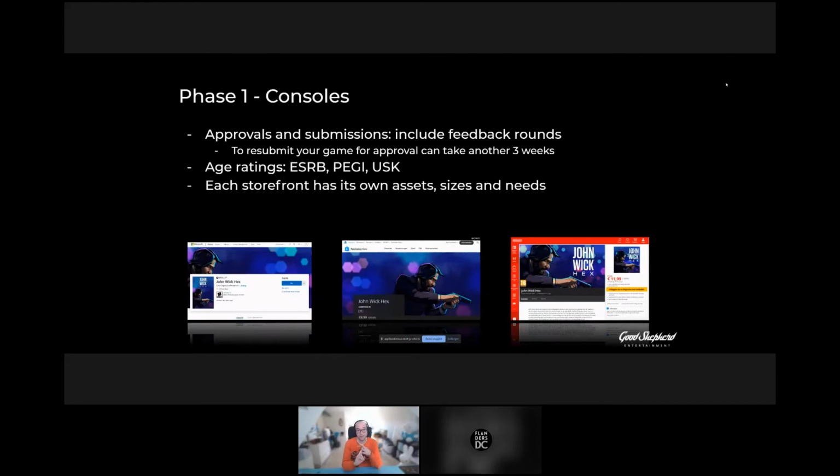Age ratings need to be done there. And all the assets, all the storefronts have specific asset needs. So there's a lot of work in there. So I thought one of the questions that came by, and I'll touch upon that a little bit later, some more,